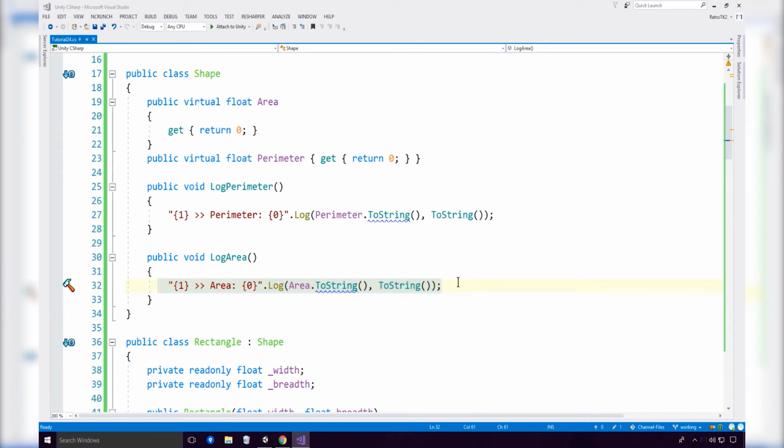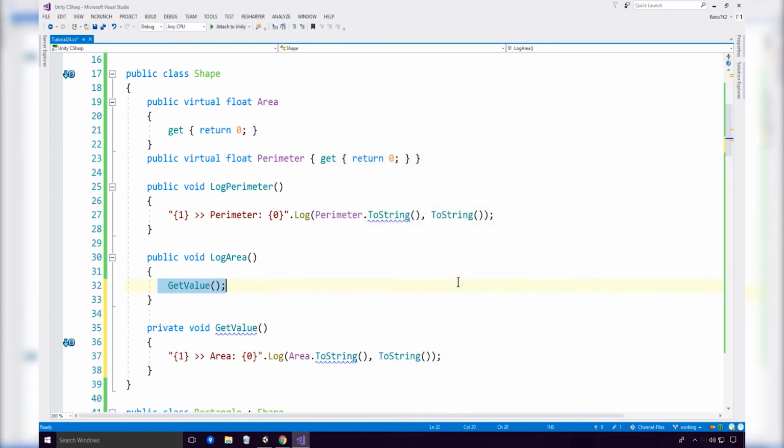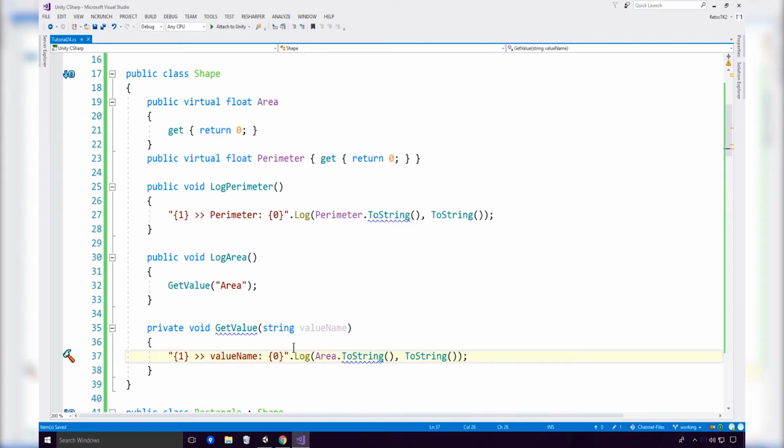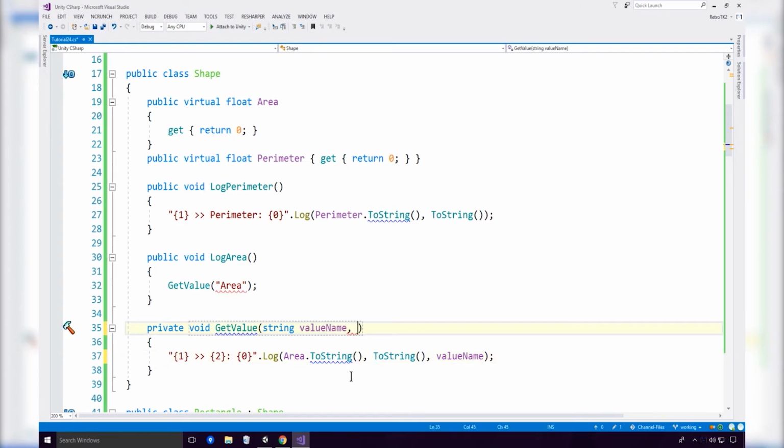Let's go. We'll extract a generic sort of method and we'll call it get value for the moment, and we will pass in a string, values name. The value name that we were going to use is area, and then we also want to put in, oops, this could be 2, I suppose. We could just do that, yes. Value name. And then we could also put in, do we want the area to be there? No. So I suppose we could